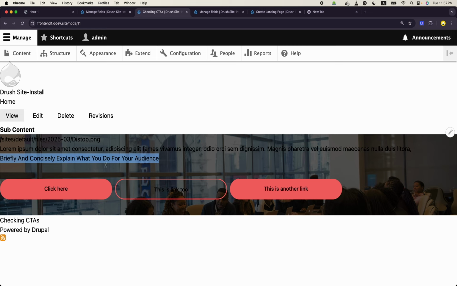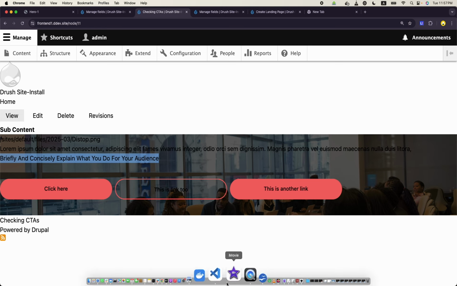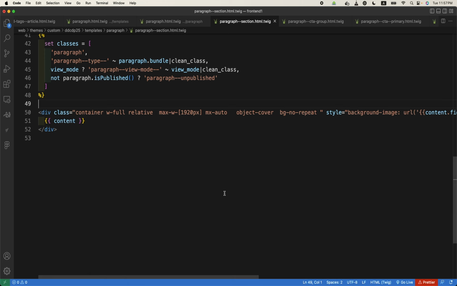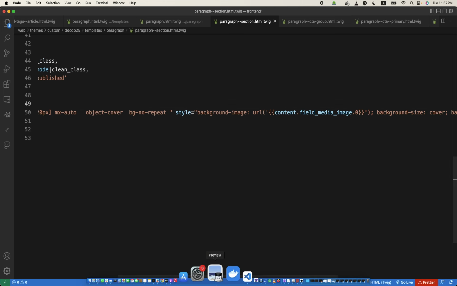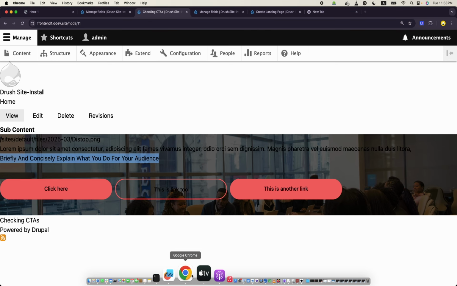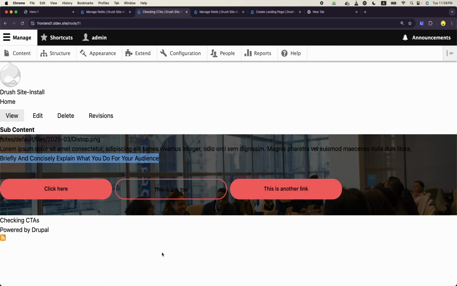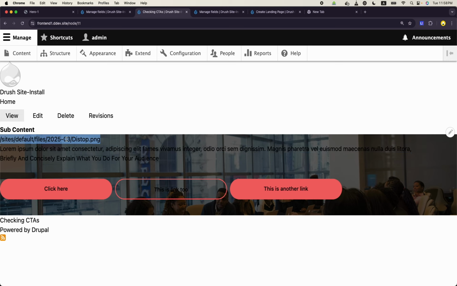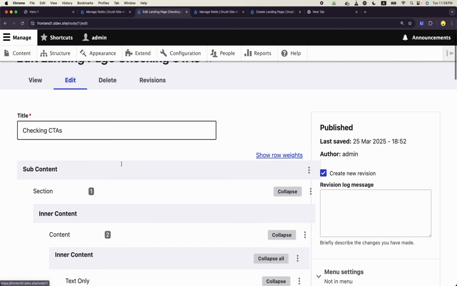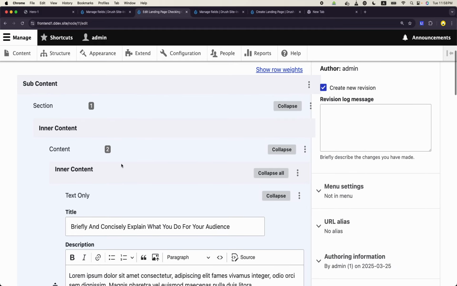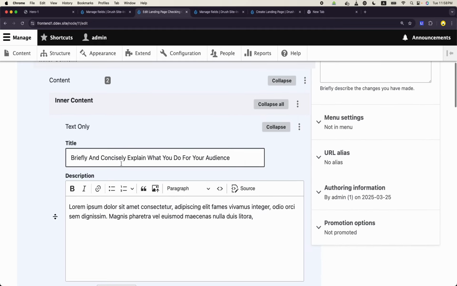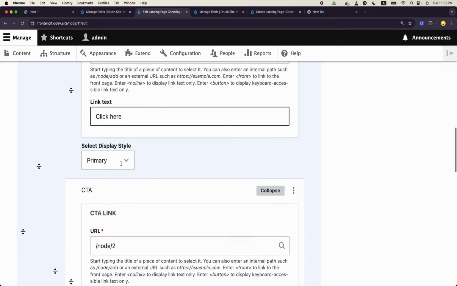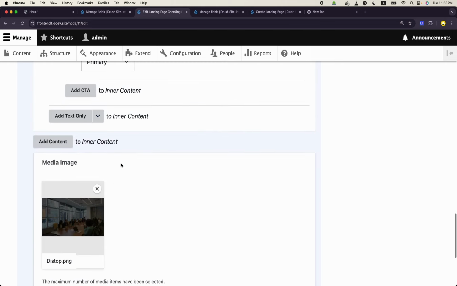The text only paragraph type, sir. From the text only paragraph type, it has a background image, title and description. I mean this is good. We have added it. We have image also. Let me edit it. You will see. Yes, sir. This is coming from the text only, and these are the CTAs. That's fine. But